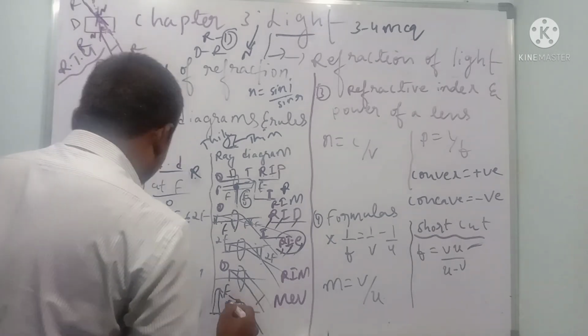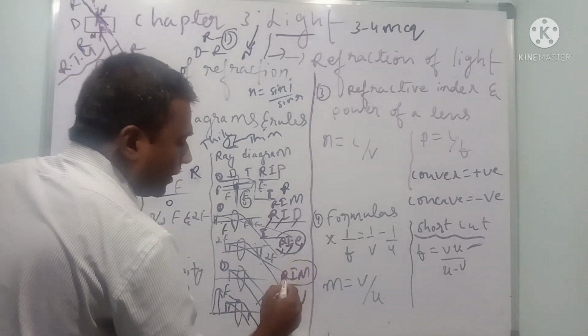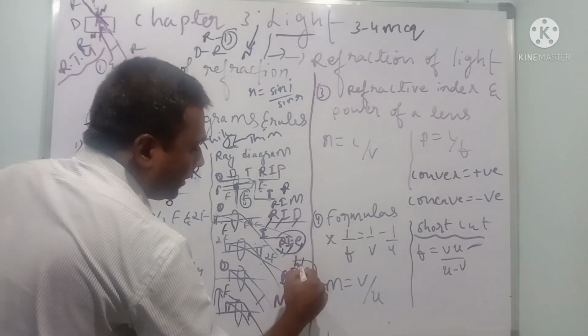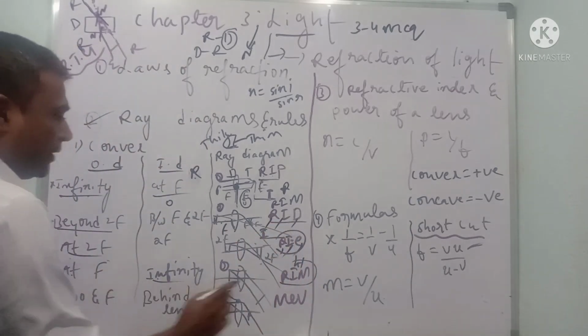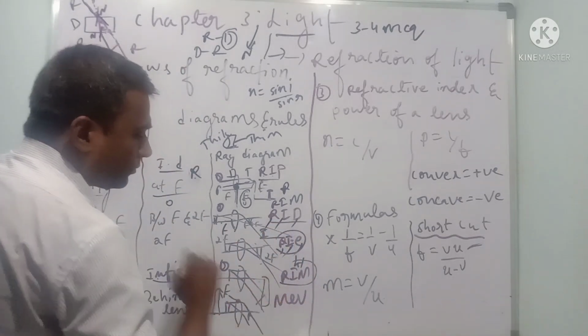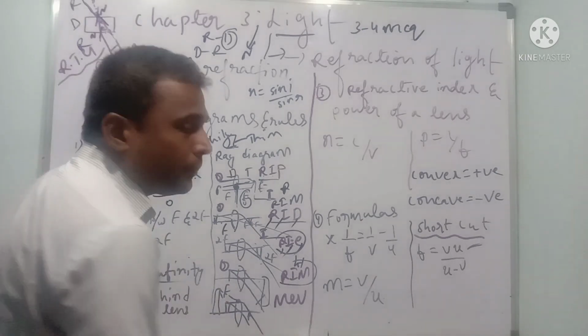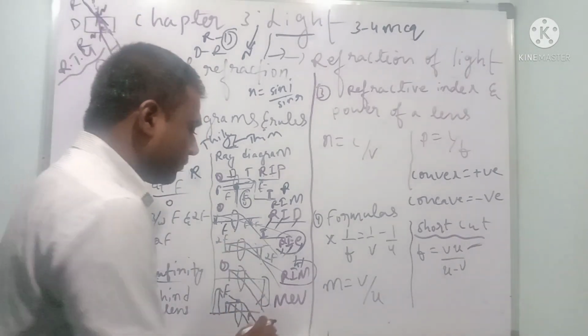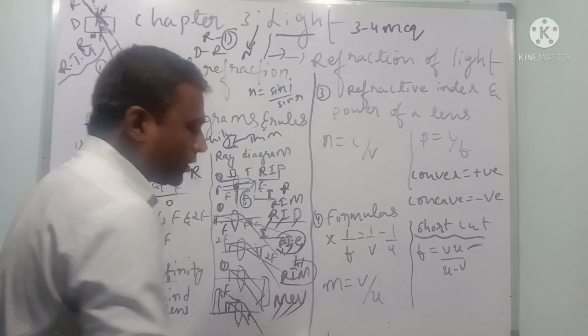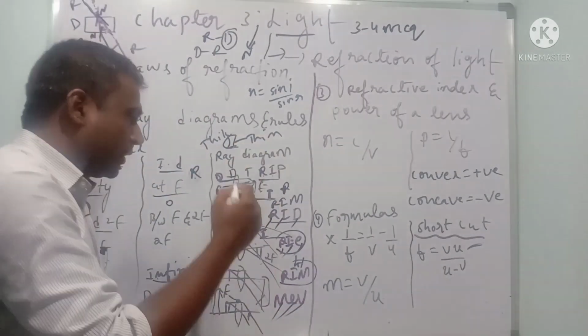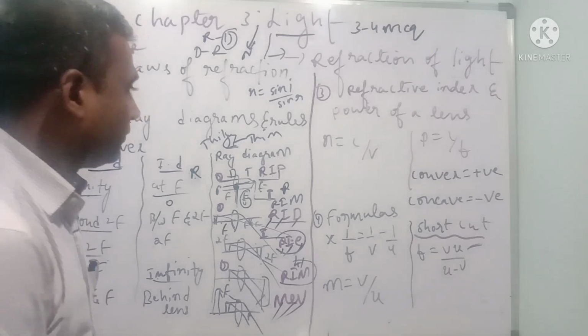So we can tell that this is called RIM, real, inverted, highly magnified, children. That is at F, highly magnified. So between F and O, that is MEV: magnified, erected, virtual image. So very easily understood, I think. Thank you for that. And next